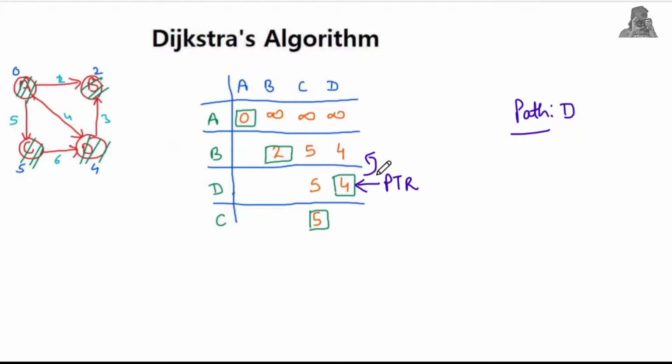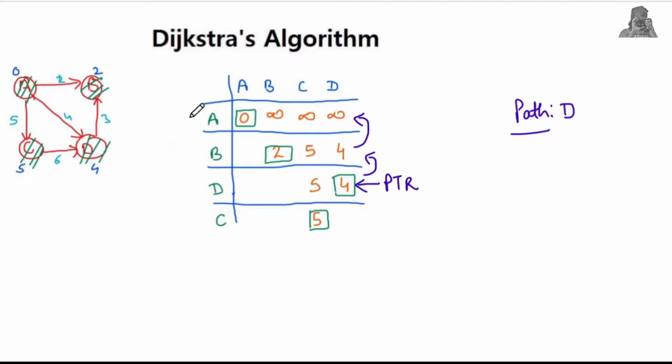So we are not going to update the pointer here, because the value of the shortest distance for vertex D has not changed. We can't write anything. We are going to move to the next row. Now it is clear that the value of the shortest distance of vertex D has changed from 4 to infinity. In this row we have to look for which vertex has been selected.